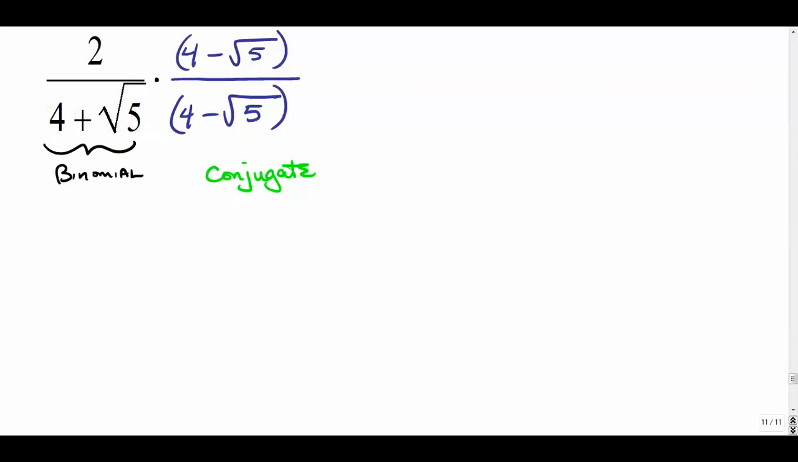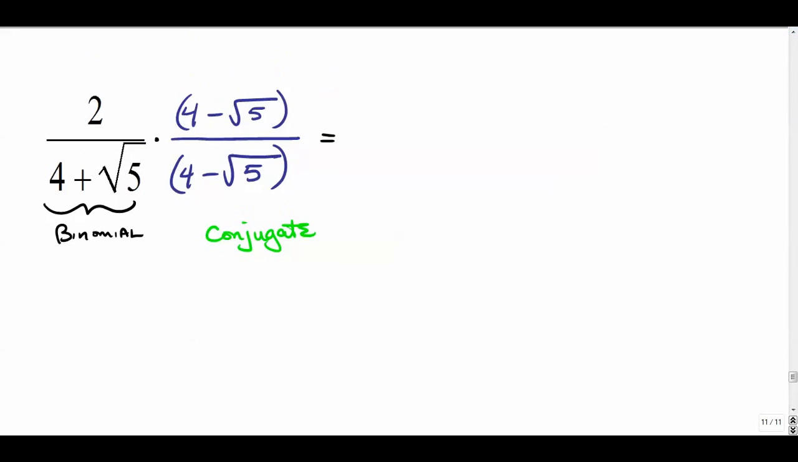The only difference is you change the sign in the middle. If it's a plus down here, change it to a minus up here. So we're going to multiply top and bottom by 4 minus radical 5. And when you do that, you're left with a distributive property. So you're going to take this 2 and multiply it by both terms on the inside. You get 8 minus 2 radical 5